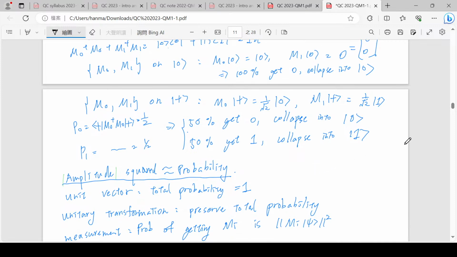I guess I can write this in more matrix notation, so it's a little clearer. Once again, the plus state, just as a way to hopefully make you more comfortable with this, is 1 over square root 2,